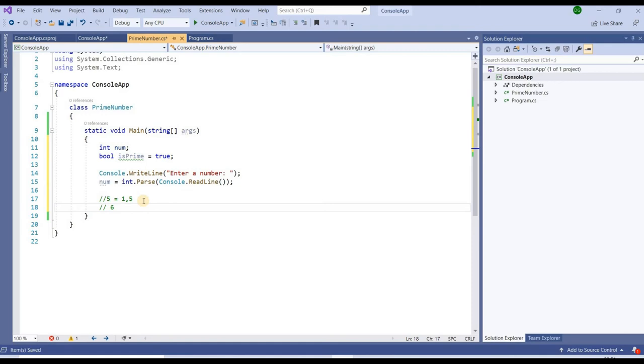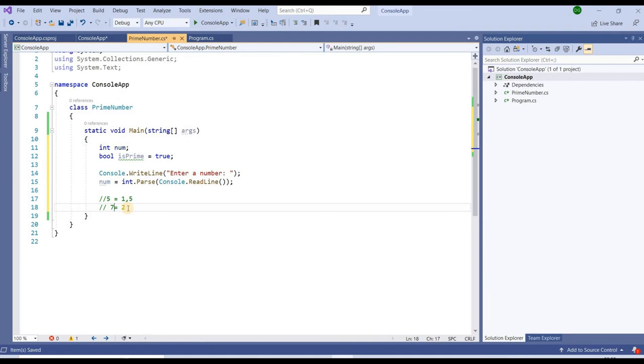Suppose I have another number, 6. First we can divide any number by 1 and itself. Apart from that, if I try 2, then 6 is divisible, so we can say directly that it is not a prime number, but 5 is a prime number.